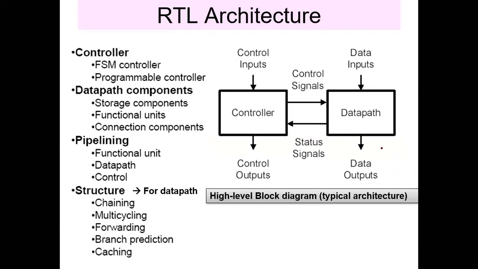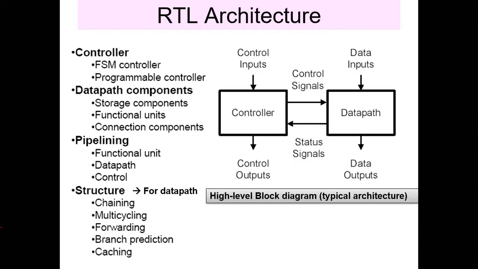Okay, that is the hardware design flow. Then next is the RTL architecture. In an RTL architecture, we will have two separate blocks. One is the controller, and the next is the data path. As in our processor, we have a controller as well as a data path, right? Every processor has a controller section as well as a data path. Similarly, if you are defining the RTL model of a particular design, we have to define the controller section and the data path separately.